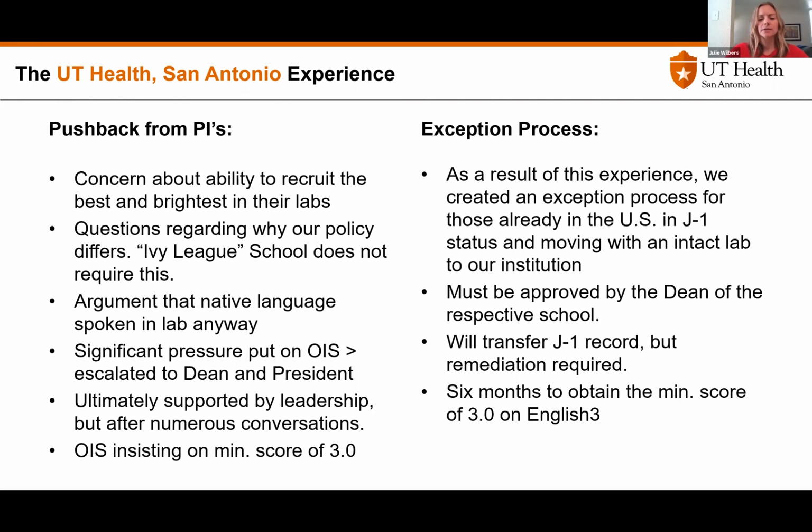We ended up having lunch with the dean, discussing this issue in depth, and we came up with an exception process only if you're coming as a part of an intact lab. So we're expanding as an institution, we're bringing big labs here. So if you're a J1, we can transfer your J1 record if you can't obtain the minimum score or meet any of the other criteria, but you do have to obtain a score of 3.0 within 6 months or your